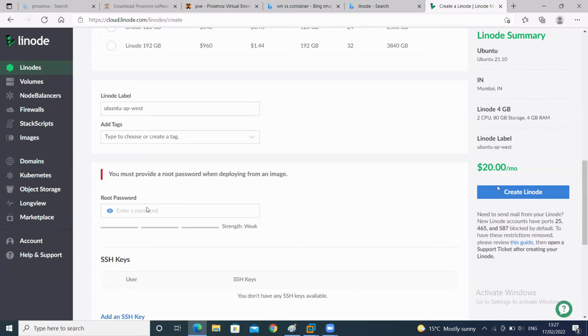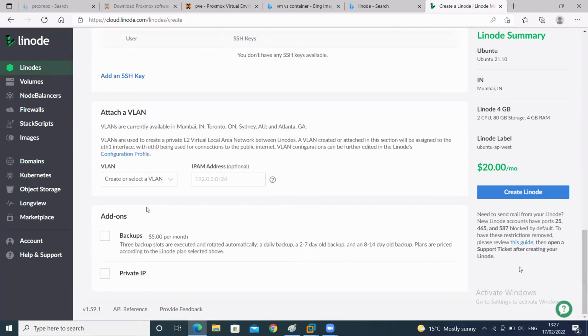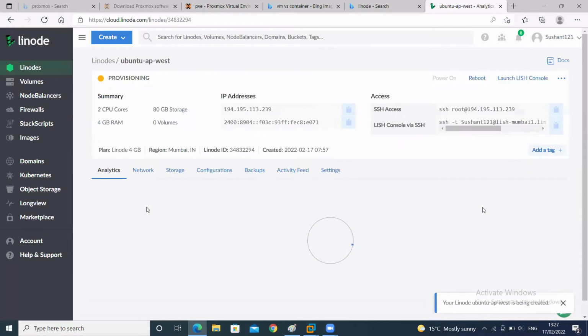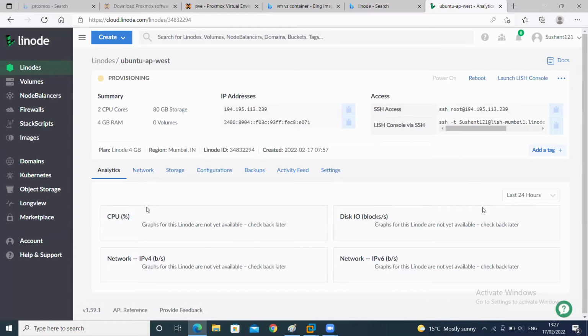Create. It takes a password of the root user. And create Linode. Okay. No need of creating a LAN, attaching a LAN, sir. It is like that.